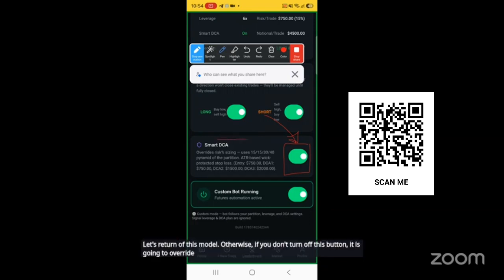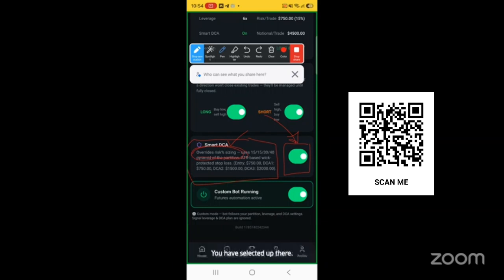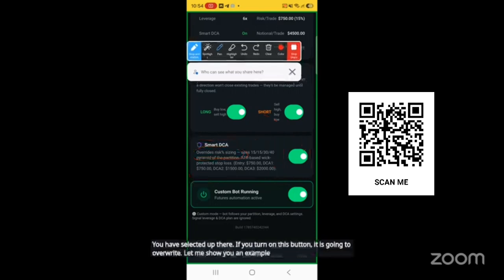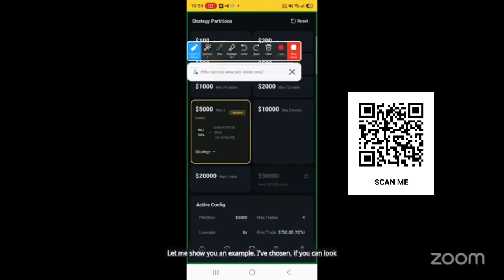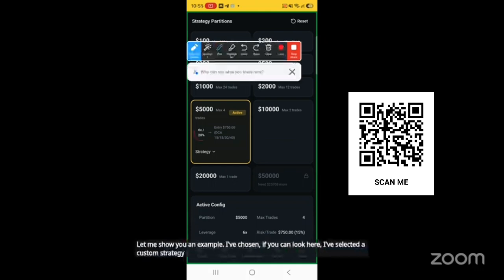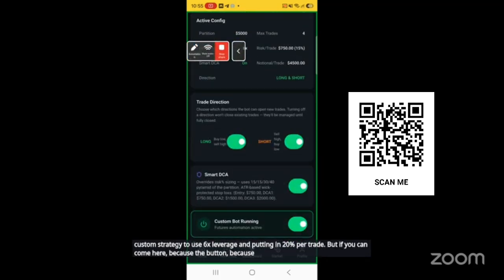If you look here carefully, it says Smart DCA overrides risk sizing. Do you see this word? It overrides risk sizing. So whatever risk sizing you have selected up there, if you turn on this button, it is going to override. Let me show you an example. I've selected a custom strategy to use 6x leverage and put in 20% per trade. But because the DCA button is turned on,